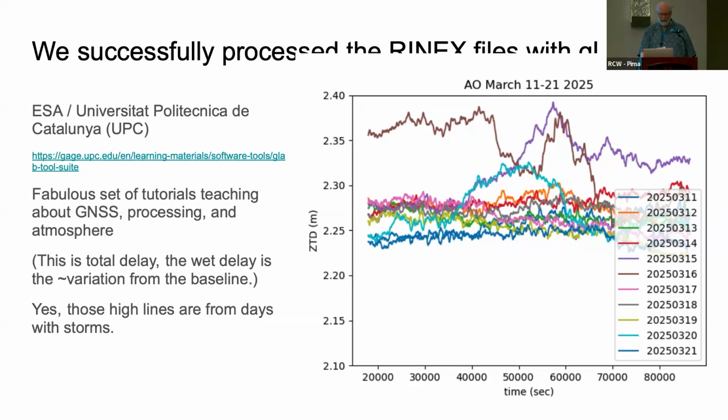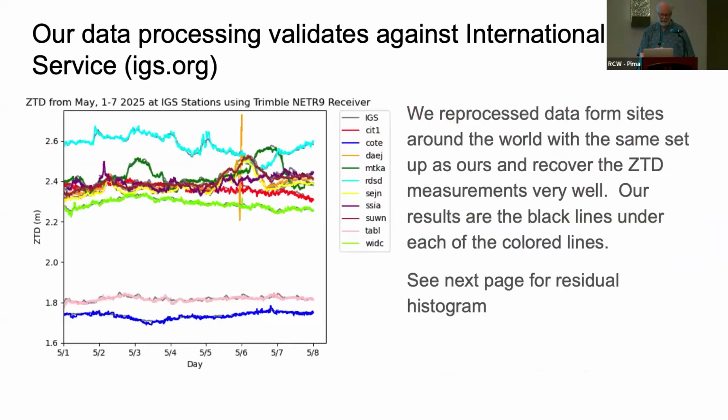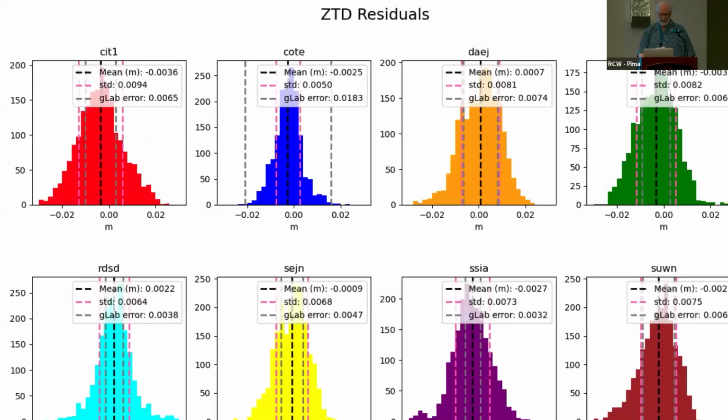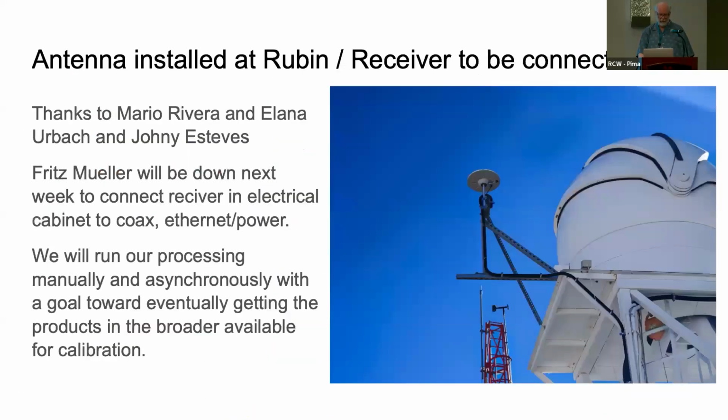So Michael and his colleagues are in the process of installing this down in Chile. They run the data through industry standard geodesy and meteorology code that delivers this tropospheric delay. You then use local barometric pressure to subtract out the standard dry atmosphere component. And what's left is histograms of residuals after they do these fits. So the GPS antenna for this is currently installed on the weather tower, the DIMM tower,